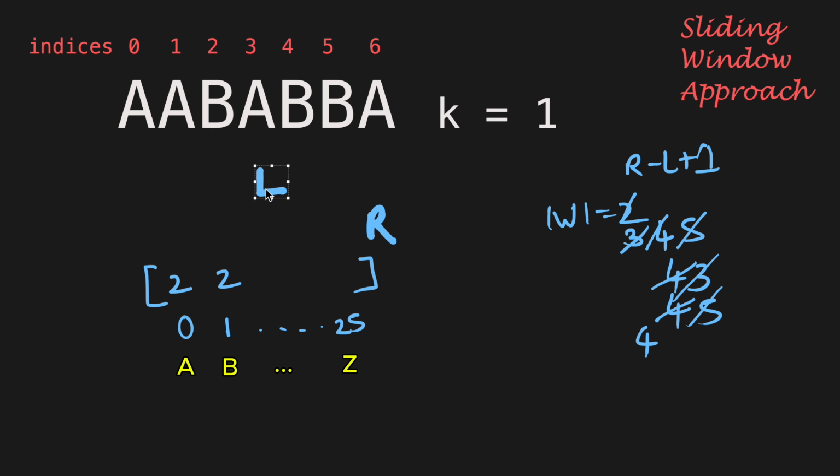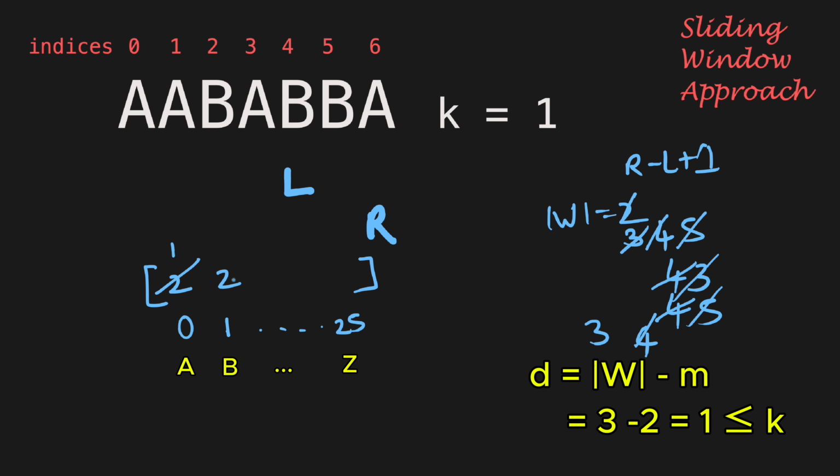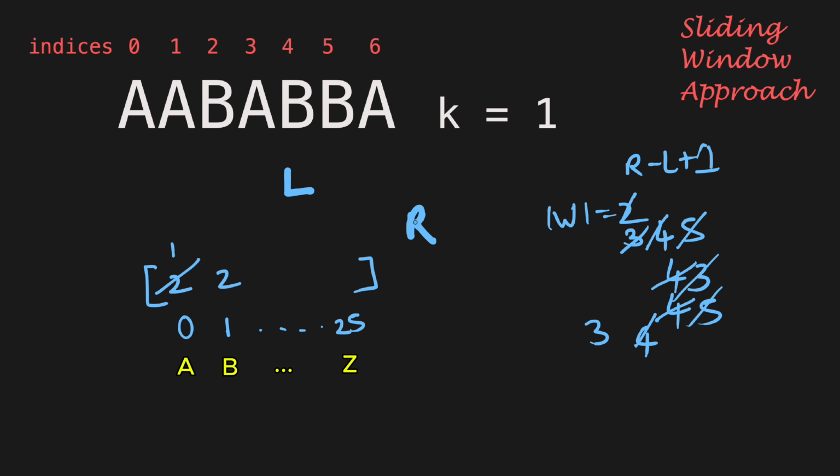So we shrink the window further and reduce the frequency of letter a to 1, and now the window size becomes 3 and the maximum frequency is 2. So the number of replacements required is 3 minus 2 equal to 1, which makes the window valid again. So we expand the window further on the right and now the right pointer exceeds the string length. So the iteration ends and the maximum valid window length encountered during the iteration is 4, which we will return